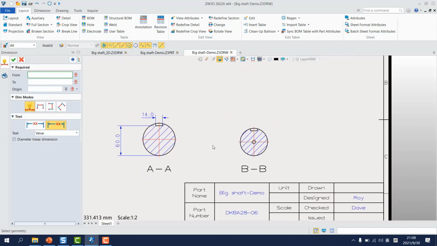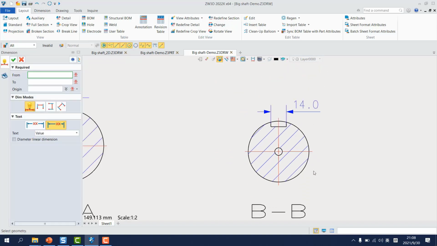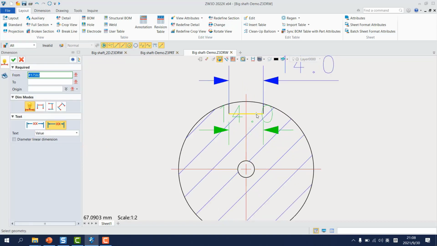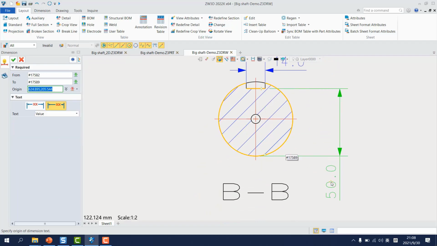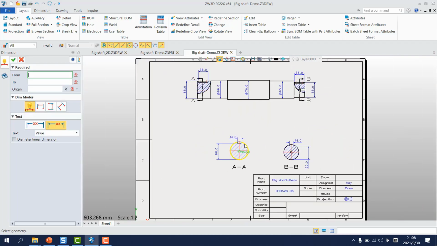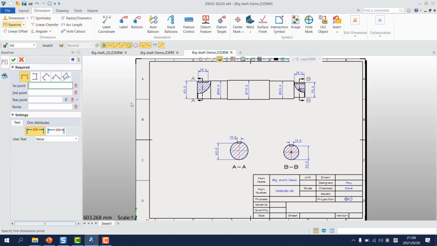Put in the middle, and also this dimension, put here, and this dimension outside. So we have finished this dimension by the quick dimension, and then we need to insert the baseline, so